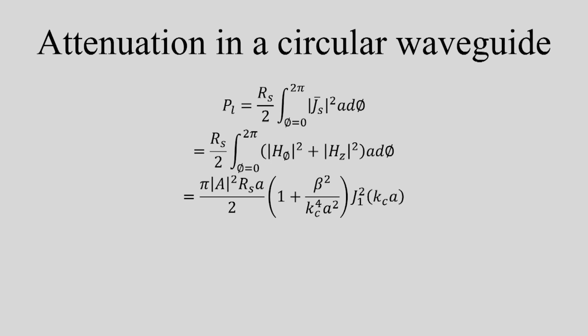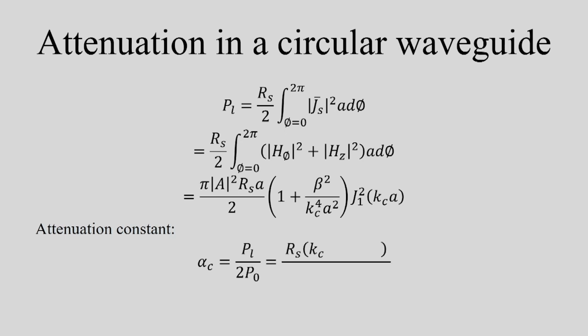and this can be found out in terms of H phi and Hz square. And once we substitute H phi and Hz, then we get this expression for the power loss per unit length of the circular waveguide. And once we have P L and P 0 evaluated, we know that the attenuation constant alpha c is given by P L by 2 P naught. So, we substitute P L and P naught from these two expressions we have just derived, and after doing some